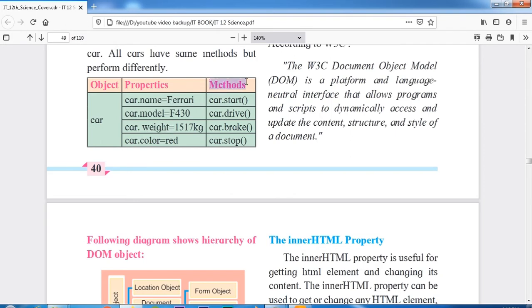Here you can see the methods. You can say functions here, but method is the correct word in JavaScript.